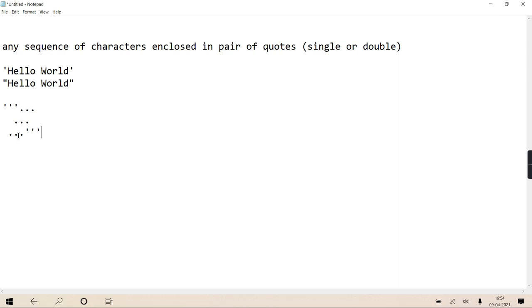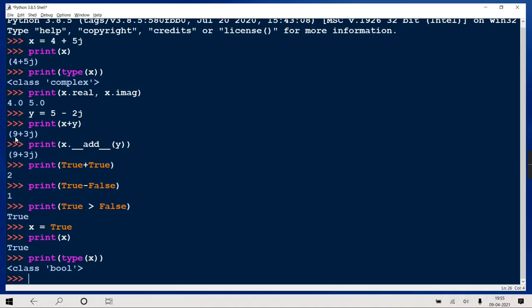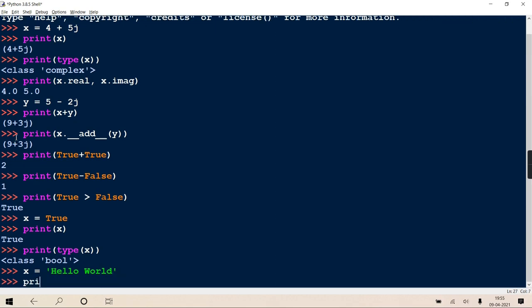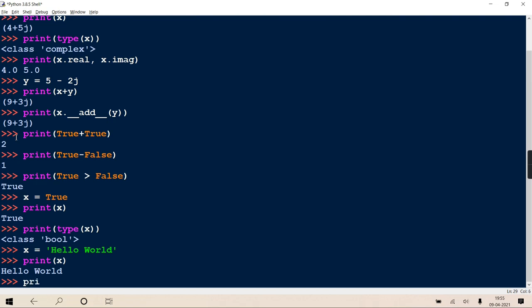Now whenever you are writing a multi-line string, everything is preserved, remember. If there are spaces, there are escape sequences, everything is preserved as it is. Okay? So quickly just one example. Like I'm writing x equal to hello world. Now already you know you cannot extend it to more than one line. If you're printing it, it will display the value. And suppose you're checking its type, it will tell that it's an object of class str.